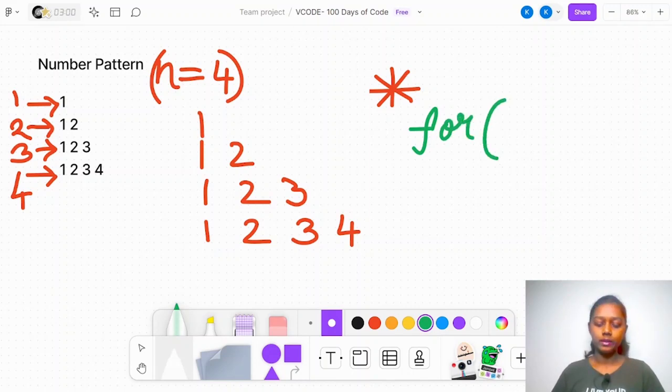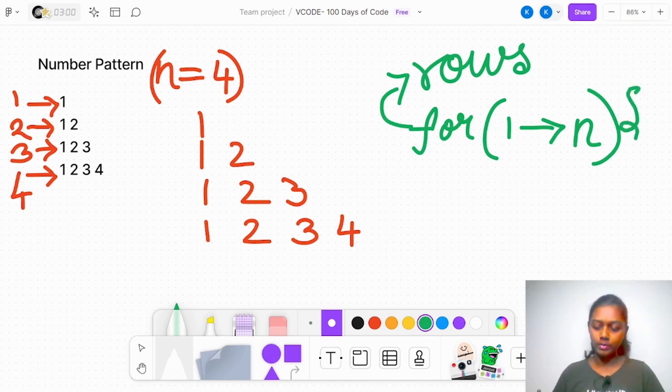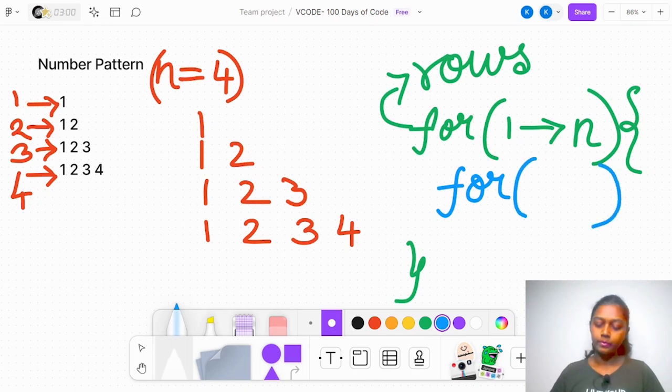So we will be starting with the outer loop going from 1 till the n rows. This outer for loop is for the rows, and the inner for loop is for what we should print in each row. So inside this we will have the inner for loop. Here we will go again from 1 till the variable we have here. Let me take i from 1 to n, and j will be going from 1